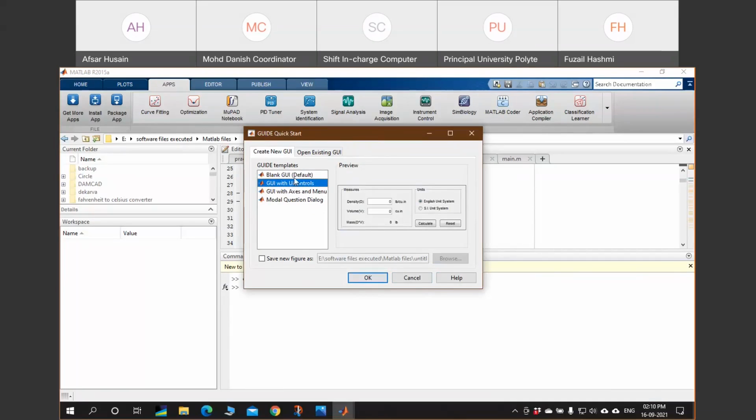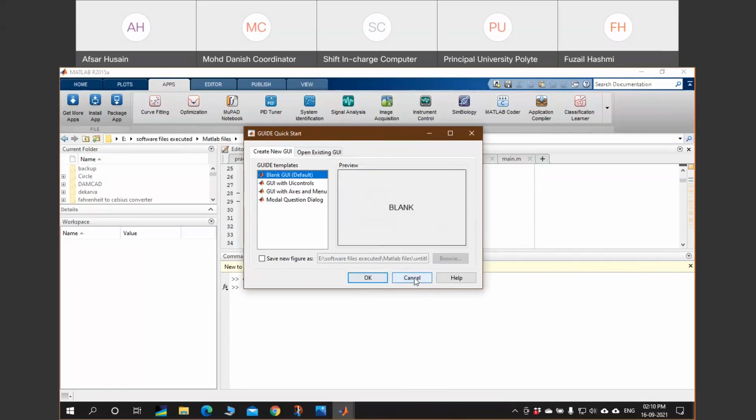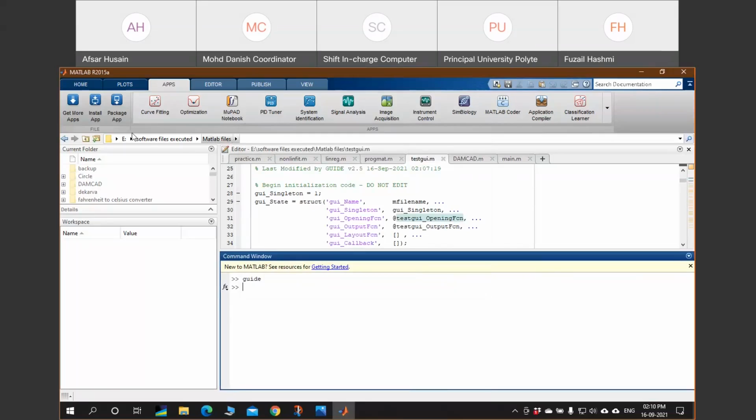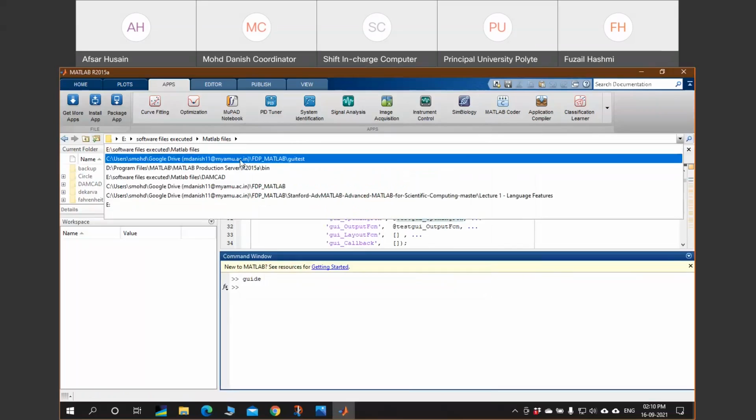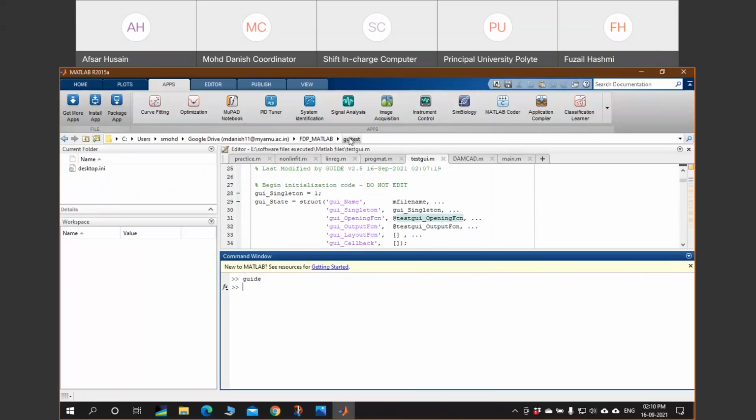Before going further, let me tell you one thing I forgot. To start, before writing this command guide, first browse to a working folder where all of your programs or your graphical user interface program will be stored. Make a separate folder for that and name it whatever the name of your program will be. In this case, the name of the program that I have chosen is GUI test.